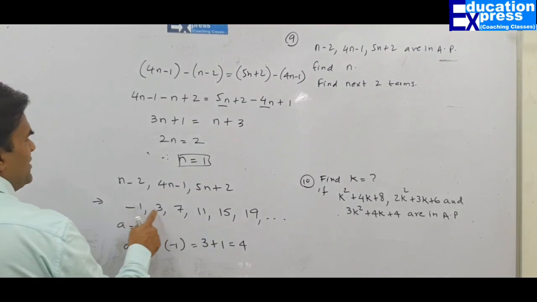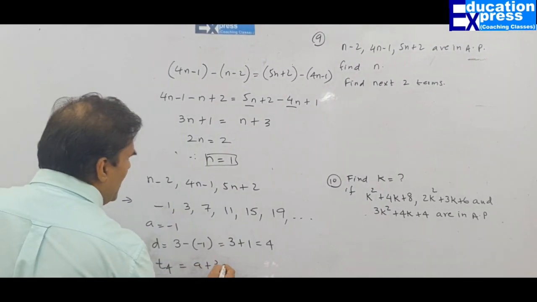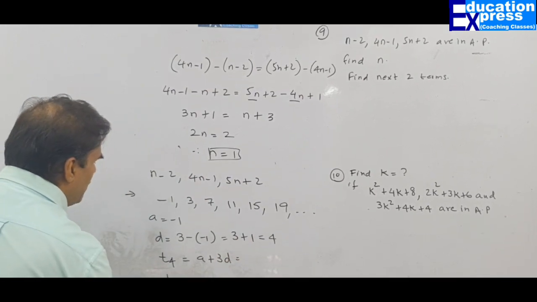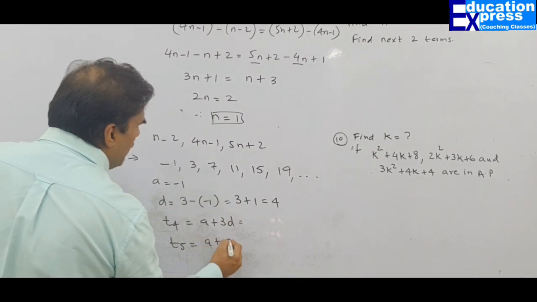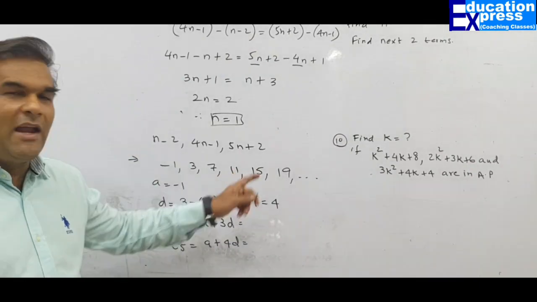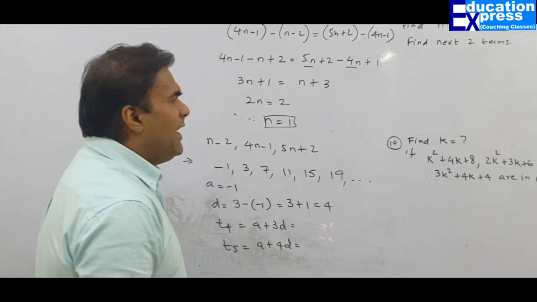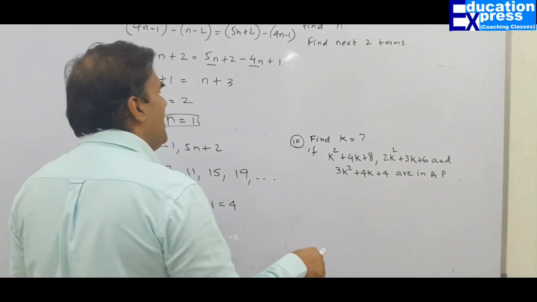How you can do it is, first, second, third term is given to you. So the fourth term will be a plus 3d, and then substitute the value. The fifth term would be a plus 4d, then substitute the value. You cannot construct orally and write the answer. You have to show this working. Question number 10, I'm not doing it. It's going to be done the same way.